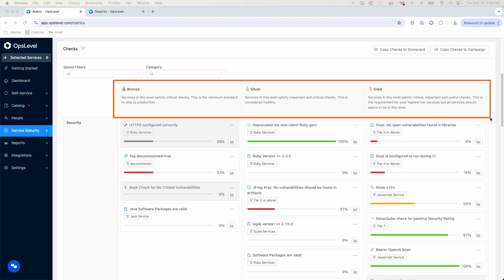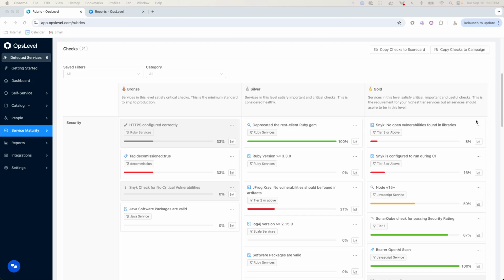are. Typically in the bronze level, we'll have checks like, is this microservice internet facing? Does the service handle PII or even PACI classification? And these types of service metadata can inform the checks that should apply to those types of services. For example, services that are internet facing may have more stringent and rigorous checks as opposed to a service that